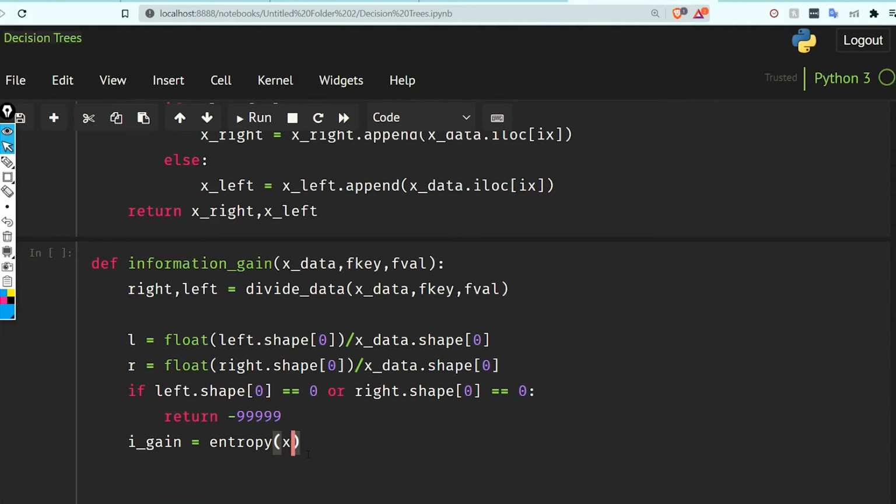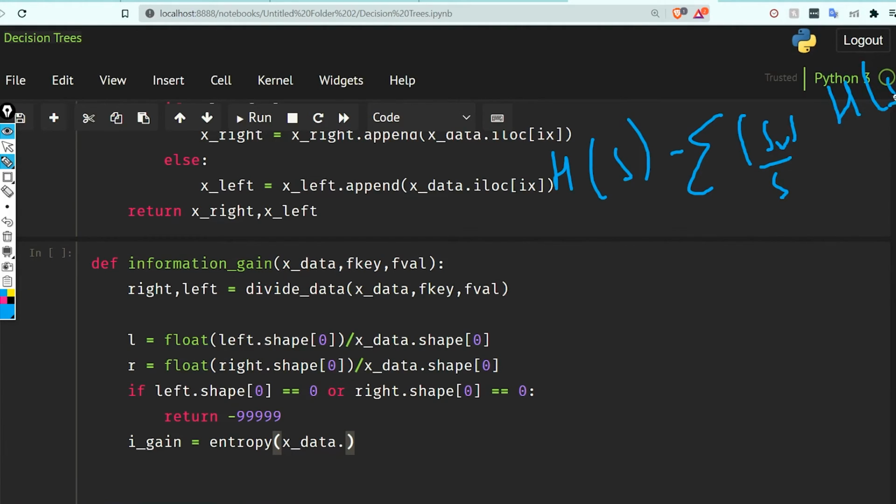Let's suppose our formula was Hs minus the summation of Sv upon S into the new Hs, which means the new entropy.